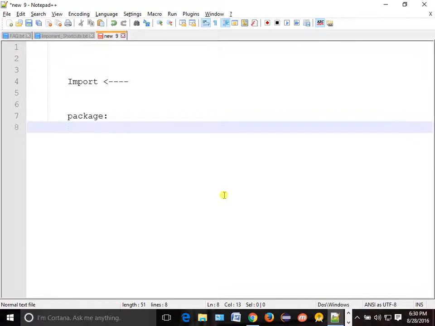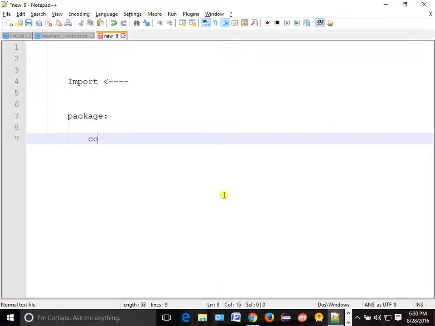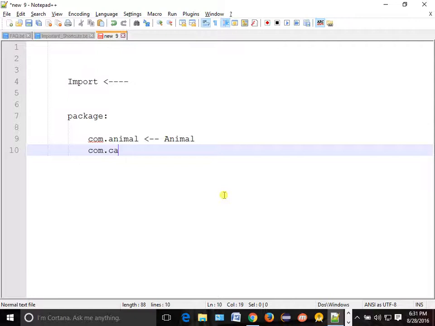Okay, suppose you have one package called com.animal. What does dot mean? New folder, basically a new directory. Inside this, suppose you have one class called animal. And you have one more package called com.cat, where you have one class called cat.